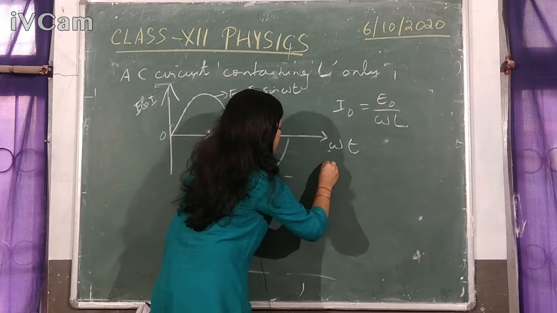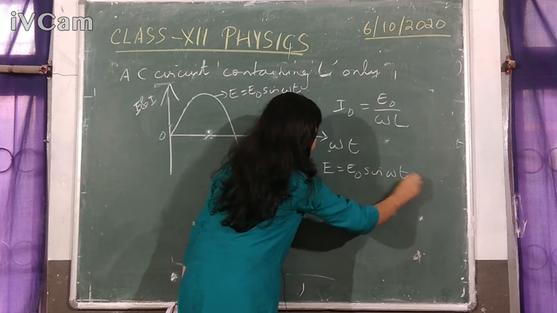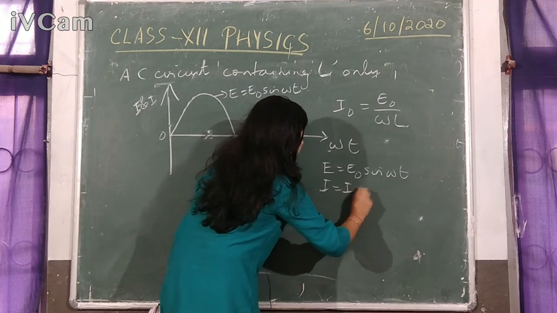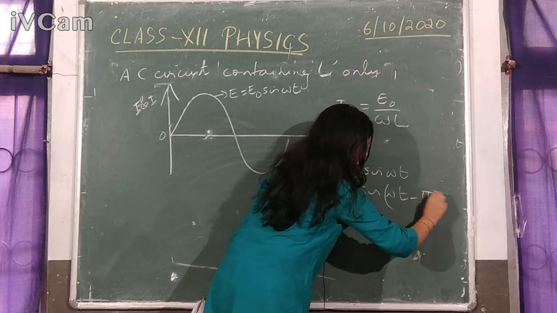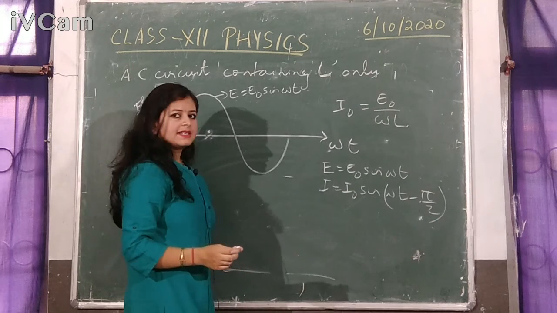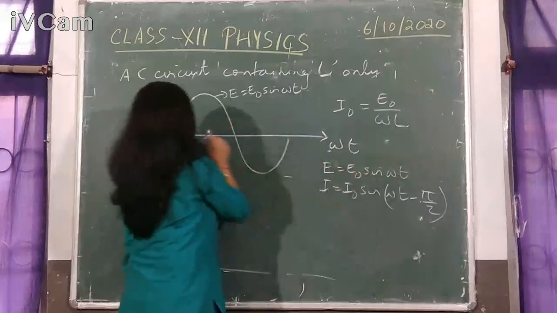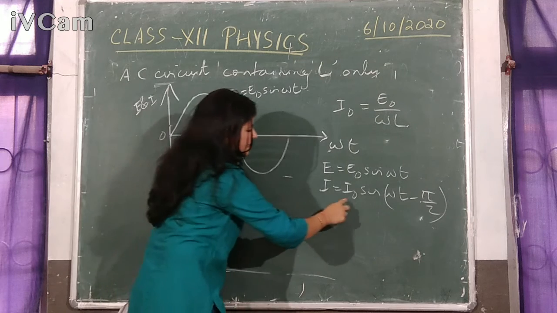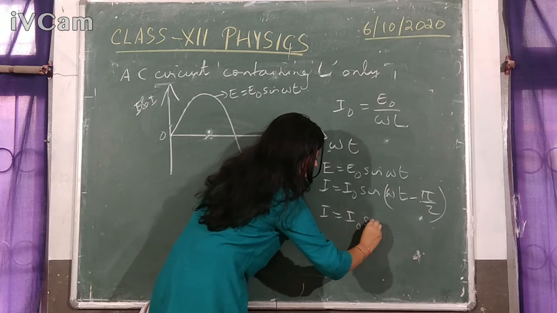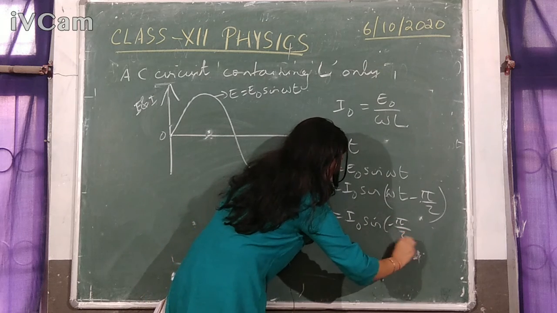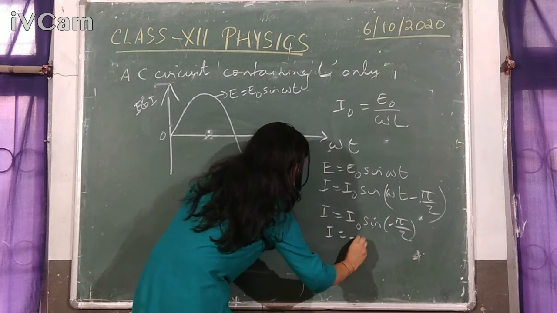you take both equations for current and voltage: E is equal to E naught sine omega t, and I is equal to I naught sine omega t minus pi by 2, which was the actual equation. Okay, now take t is equal to 0. For voltage, this entire term will be 0, so E is at 0. Now if you take t is equal to 0 here, I is equal to I naught sine minus pi by 2. Now sine minus pi by 2 is minus sine pi by 2, that is equal to minus 1. So I will be the negative of the peak value.